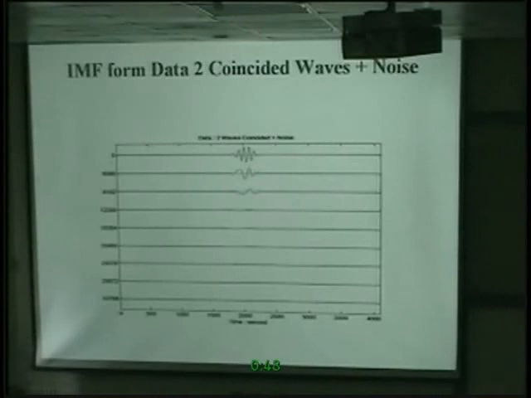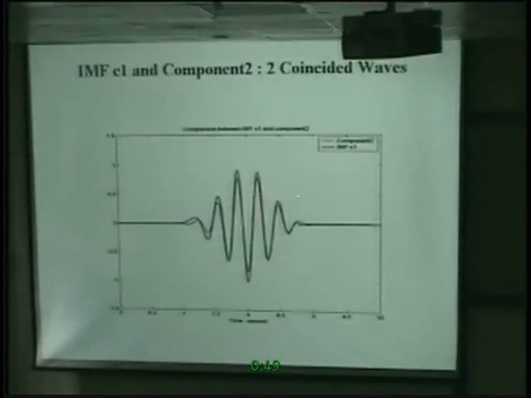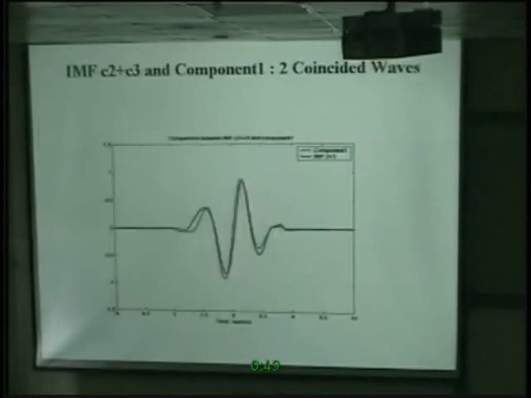When we discuss the ensemble EMD, we'll see that when you add noise, the noise has overlap. The spectrums overlap. We'll discuss that shortly. Okay. So if you add these two together to form the other component, you actually will recover the first component. The first EMD is almost your first component. You recover the data to a very high degree of fidelity, and when you have 2 + 3, you almost recover the second component.